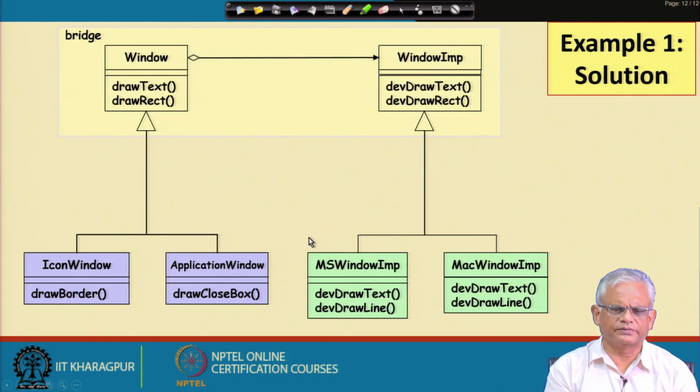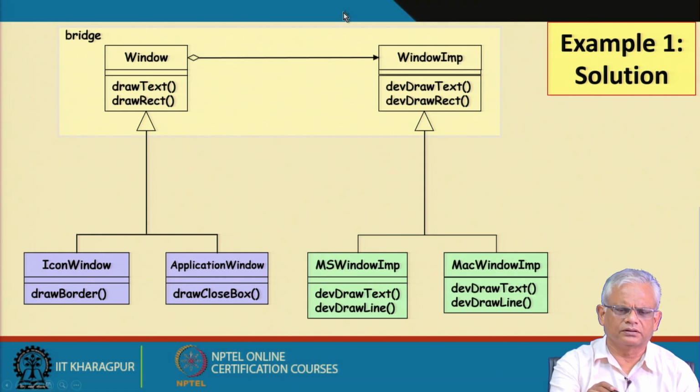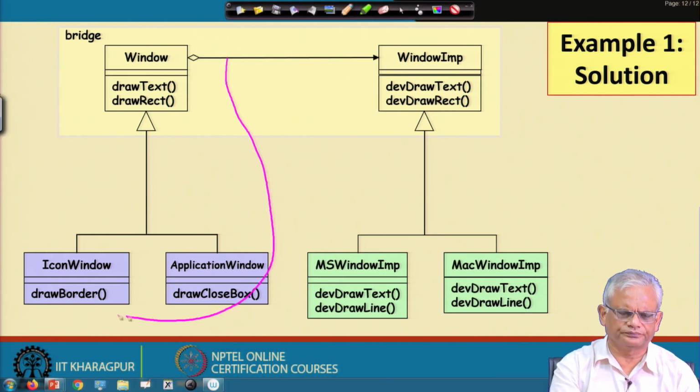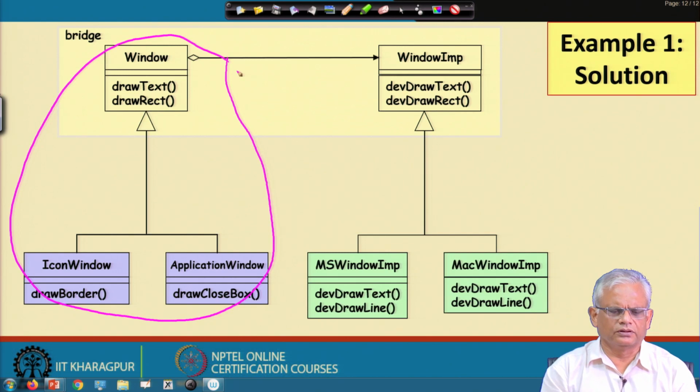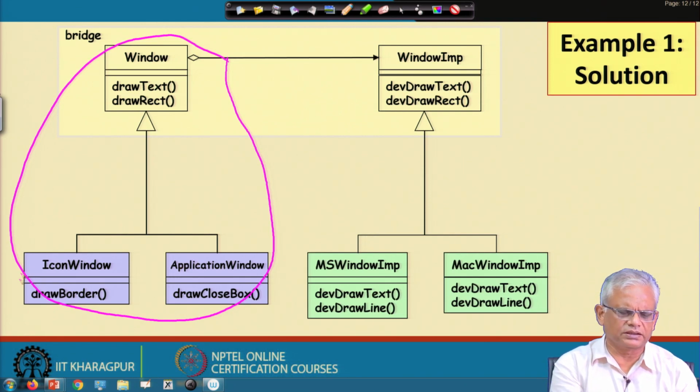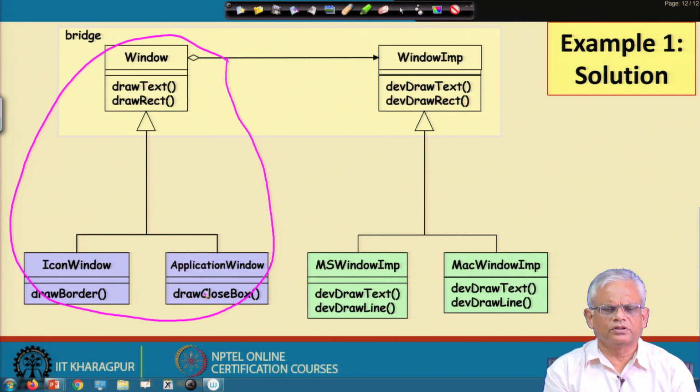We have the abstraction on the left side. There are two main types of window concepts. One is application window and one is the icon window. Each icon has its own window and the application window has many icons and other things. So, this is one type of window and this is another. These are two basic types of windows, but then